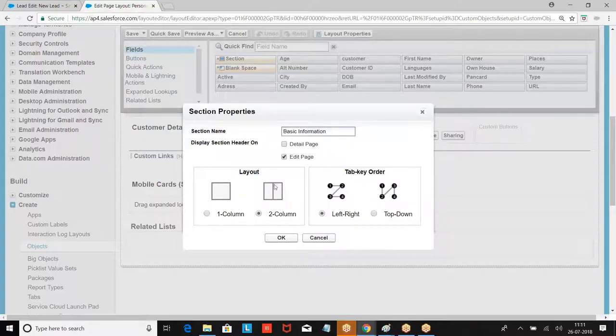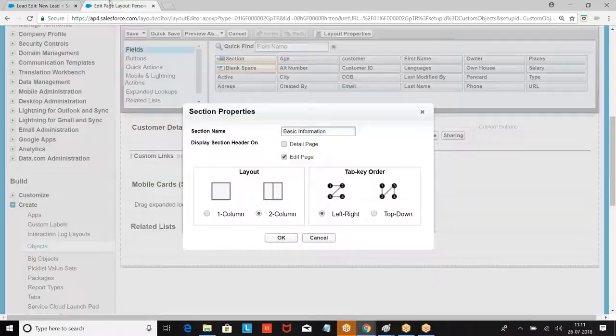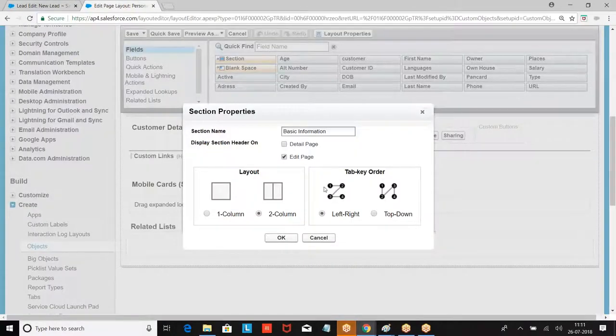Then columns. How many columns do you have? Column 1, column 2. How many columns do you want, two columns or one column? Your choice. Next, when I click on a tab, how is it coming? Top to bottom. Do you want left to right or top to bottom? I told left to right.